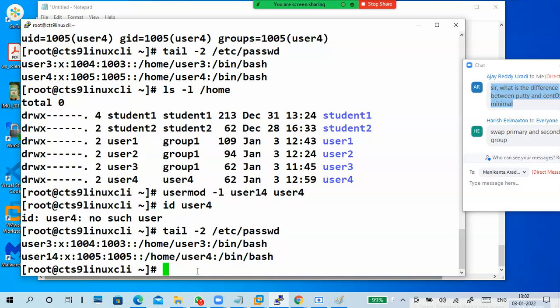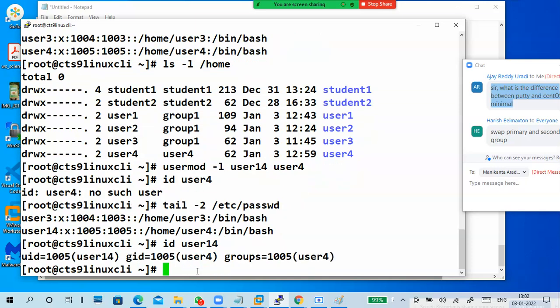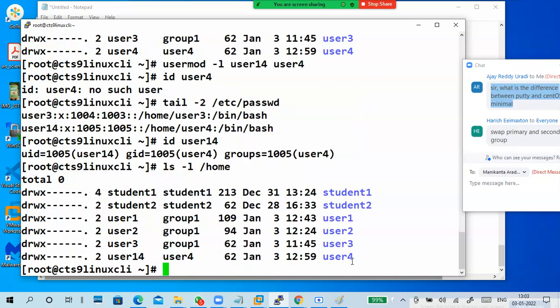Running id user4 shows it is still there: you changed the username, but the group has the old name only. So what is the solution? Name changing is good, but other things are not changing. The /home folder is not changing. First target this folder.